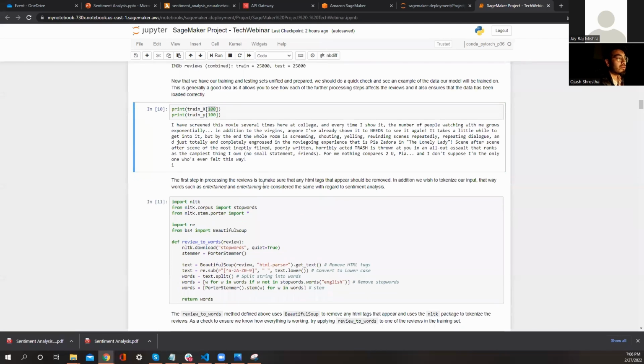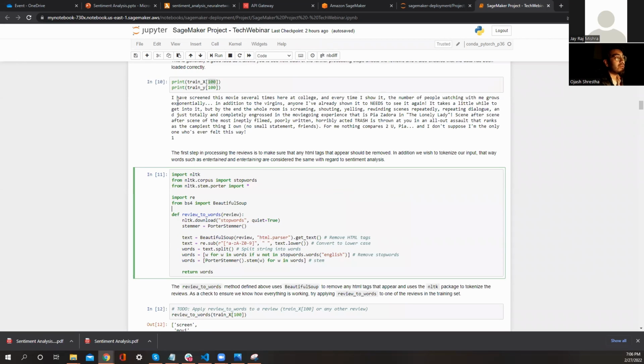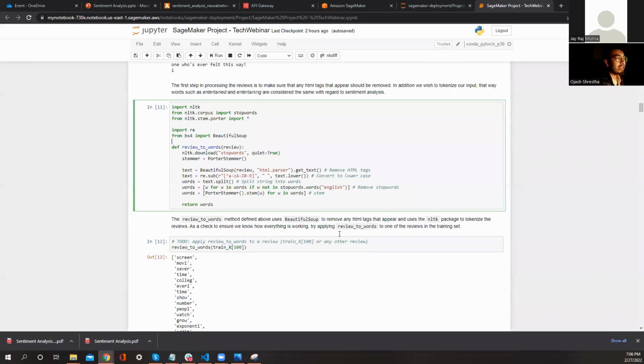model, right? So now what we do is we use Beautiful Soup, this library that we have, to make sure that we have all of these. For example, this sentence has a capital I, dots, commas, apostrophes, semicolons, and all of these things, right? And the single words and brackets, we need to remove these before we use it to train our data, right? So we use Beautiful Soup to clean the data,